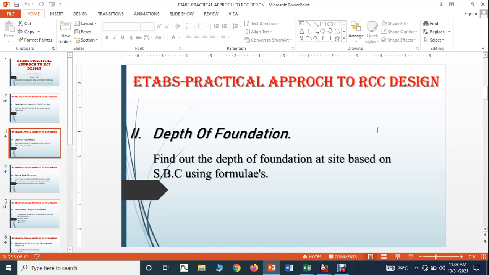Okay, the second step that you are going to do is depth of foundation. Now once the SBC of the soil is known, based on some empirical formulas, you are supposed to find out the depth of the foundation, right? From the ground level to what depth your foundation has to start. Whether it is 2 feet, 3 feet, 4 feet, 5 feet, based on the SBC of the soil,